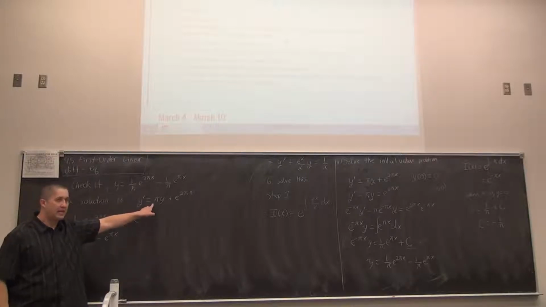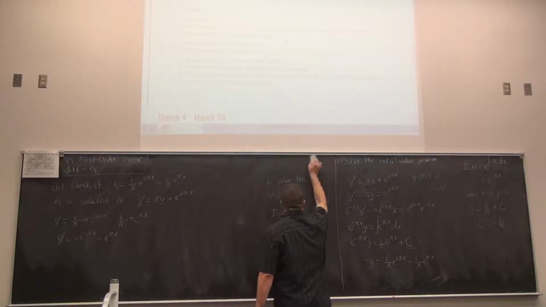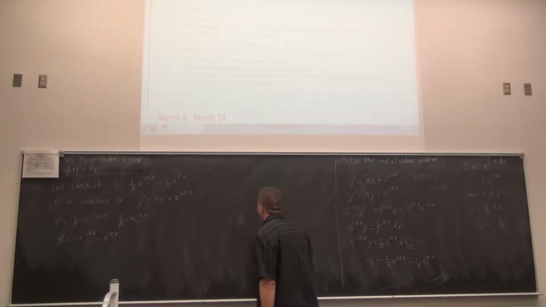Now we work out the right-hand side and see if they match. If there's a mismatch, then that half of the chalkboard is incorrect, and we will have to dig out where the error has to be. But questions to that first portion of the problem? Okay, next, we're just focusing on this. Pi y plus e to the 2 pi x. So pi y